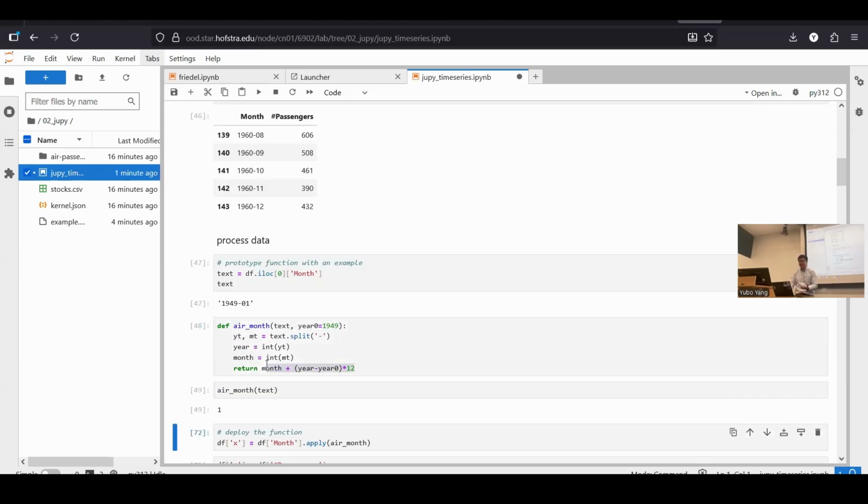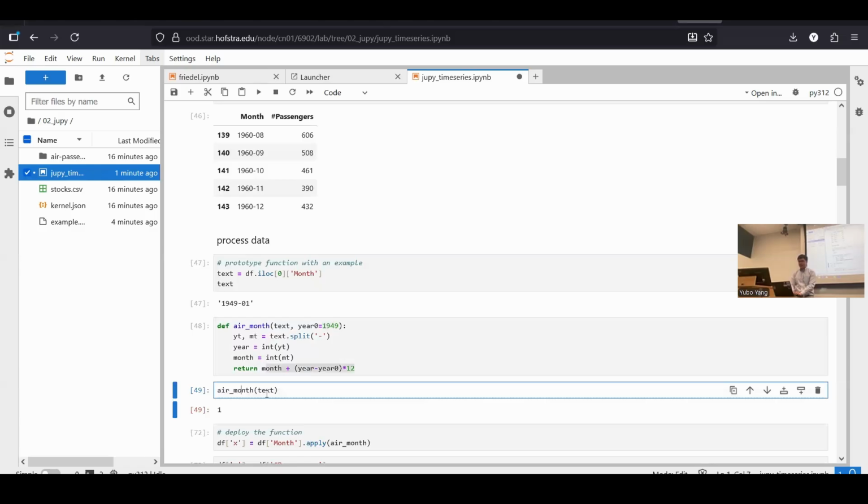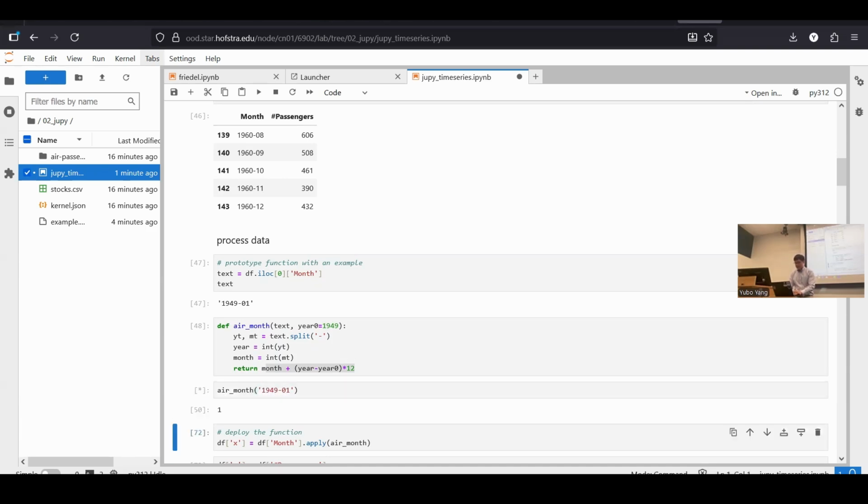And you can test this very easily just by creating a test. You can see air month of 1940, air month of 1949-01 is the month number 1. The second month is month number 2. 1955 is month 74. So you see within Jupyter Notebook, it's very easy to prototype your function, play with it,